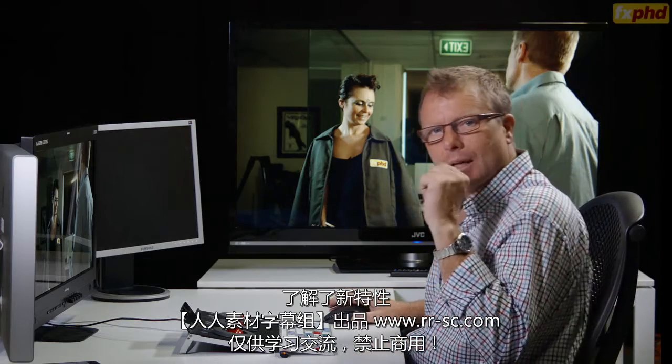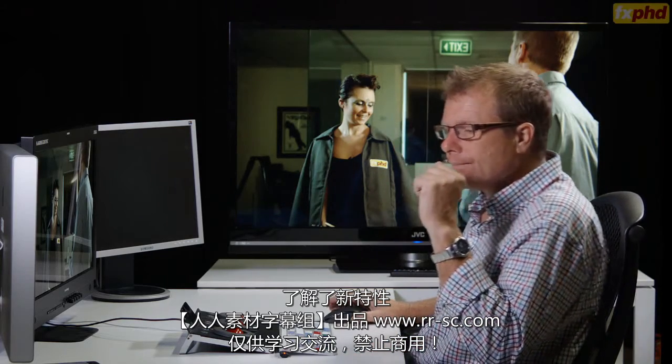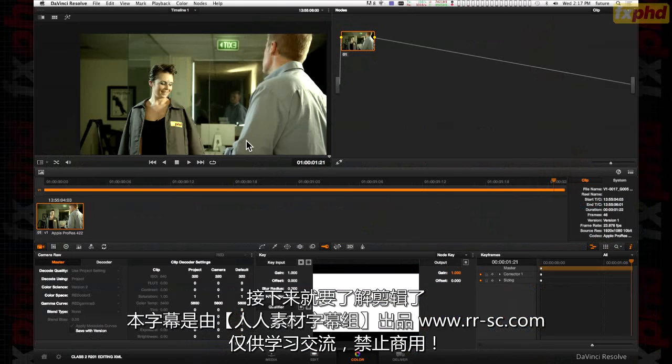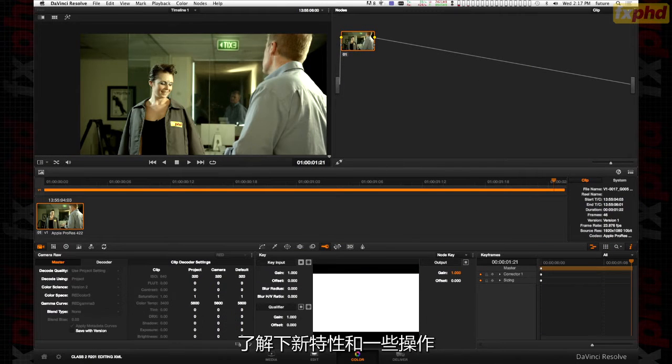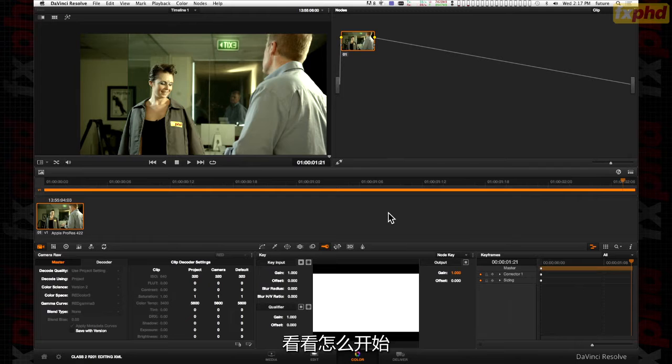Hi, so we've seen what's new in 11, and now we're going to look at some of the editing things, some of the new things in there, and also some of a way we can get in, and they've changed some things, how we can get in, conform a sequence and swap out to raw. Something you do quite a lot. I do this quite a lot in that